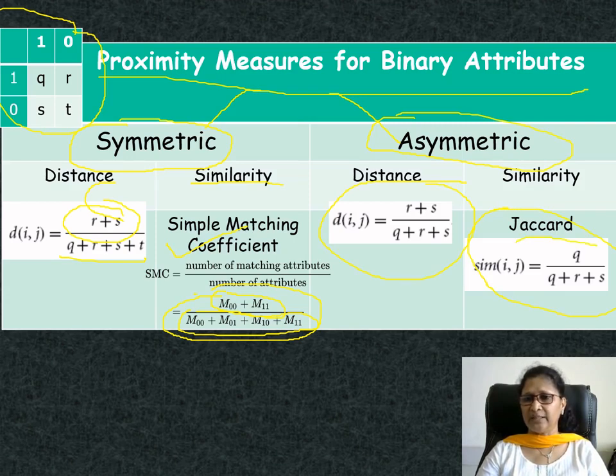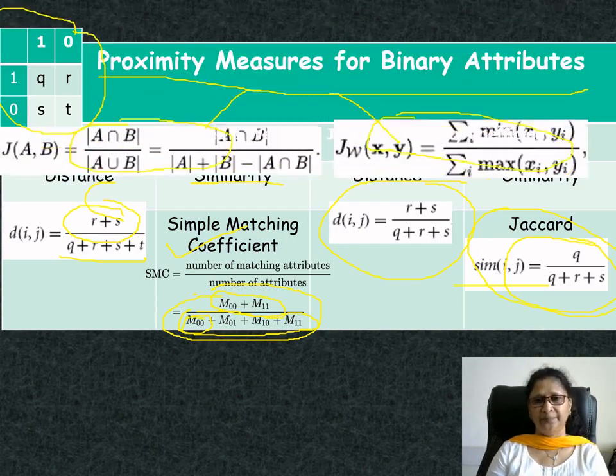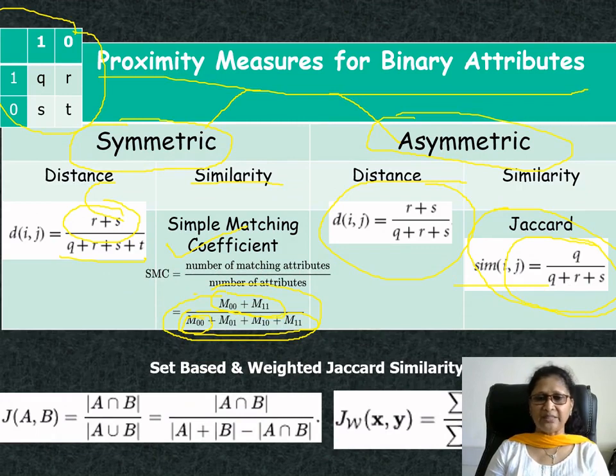And note that at Jaccard similarity index, we don't consider t, that is we don't consider this M00. This is omitted and it results in this formula. So very easy to remember. You can remember one of them, either similarity computation and distance formula can be computed by 1 minus, or you can compute one of them, that is similarity, and then you can compute distance. And we have also learnt about set-based and weighted Jaccard similarity formulas, which is